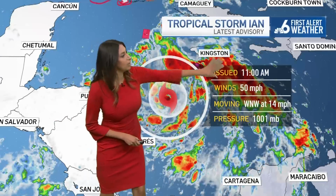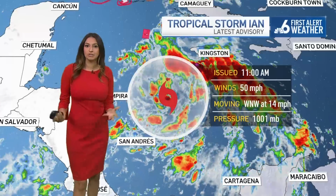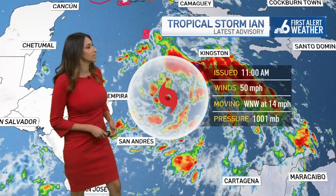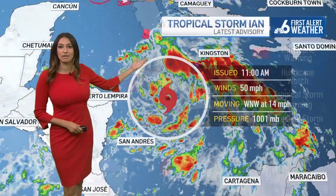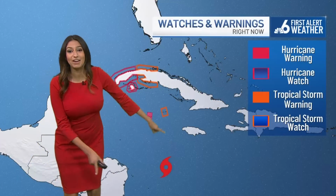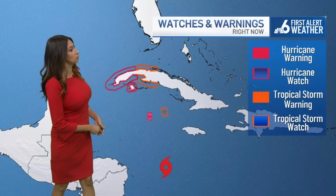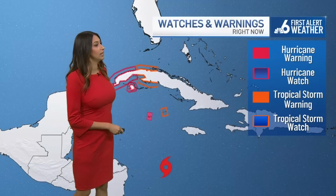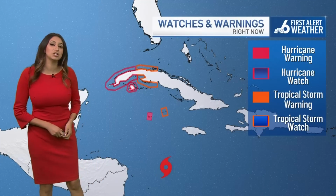Notice all of those bright colors. Those are cloud tops where the thunderstorms are. They're already impacting areas like Jamaica and over into the Cayman Islands. So the rain is still going to be ongoing even as this system pulls off to the north and eventually works its way to the west. We do have hurricane warnings and tropical storm warnings that have been issued for Cuba, so an upgrade to those